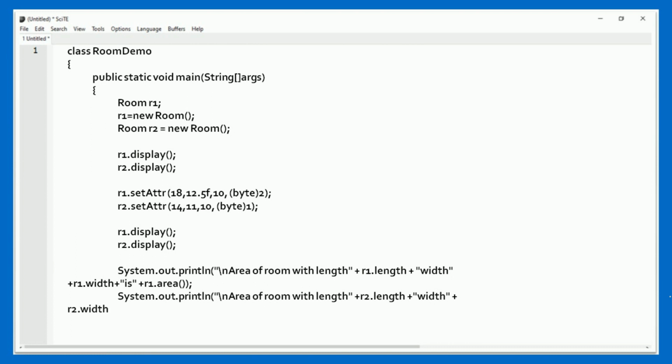After that r2.width, it is a variable, plus r2.area, and then close the curly bracket.